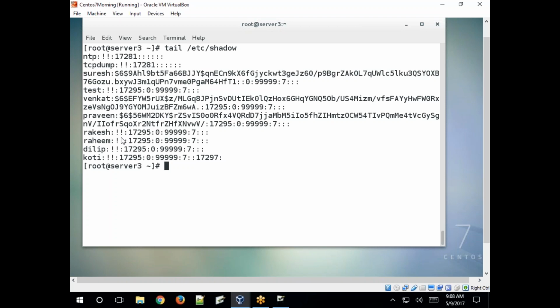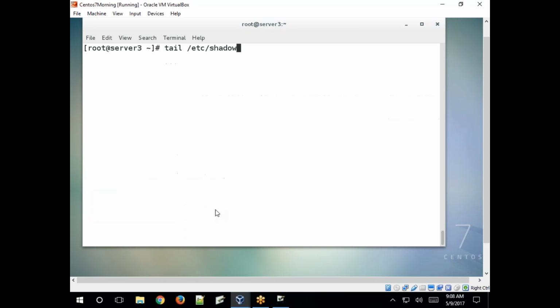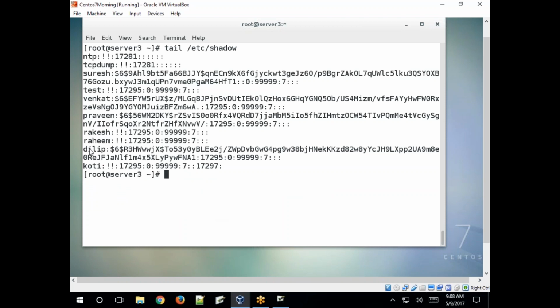Okay, so see how to set it: after creating, set the password for Dilip. That password will be Dilip12345. Okay, now check that. The password is added here in encrypted format.